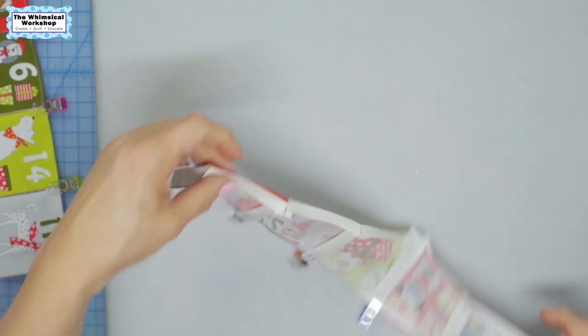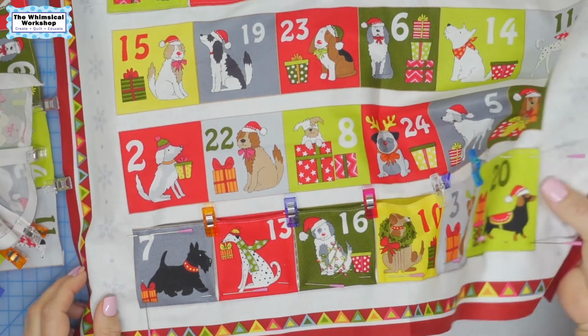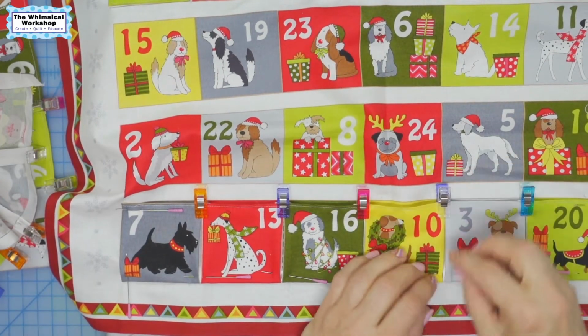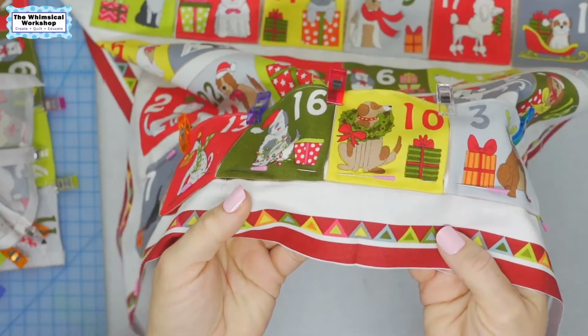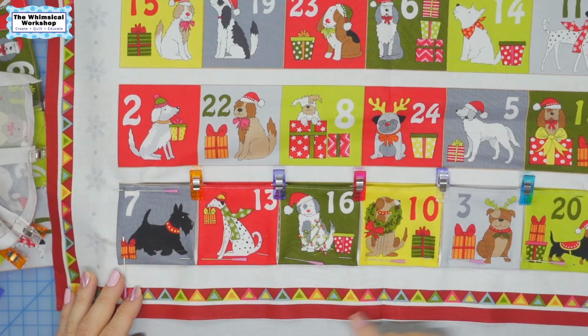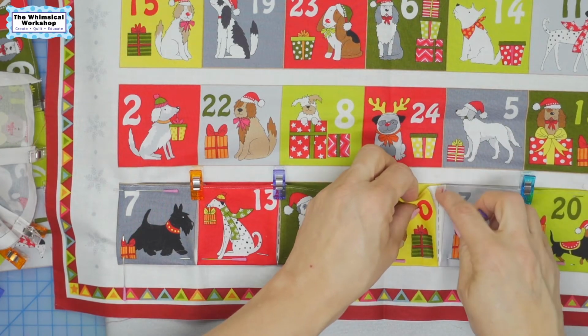Okay, so now that we got those, we're going to go ahead and pin it on our calendar, which I've done here. You see I put a pin to hold that there. These clips are still in place, and then I use the dotted line as a guide to do the bottom, and you can see how I pinned that as well. So we're going to go over to the sewing machine. I'm going to top stitch down the two short sides along the bottom,